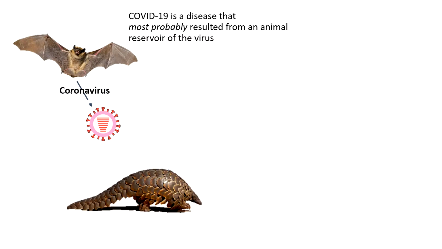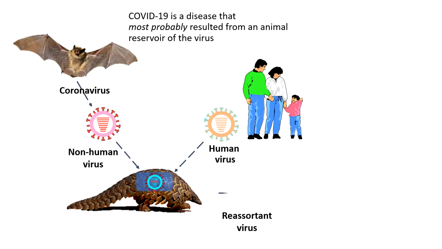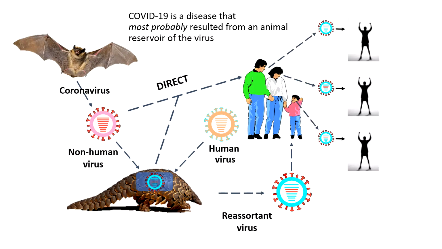Now, this virus can infect another individual, an intermediary host. In this case, it could be the pangolin. For SARS-CoV-1, it was actually civets, which were thought to be the intermediate. You can also have geese during the bird flu, and so on and so forth. Then you have the human viruses, obviously. So all this comes together, unfortunately, and you get a reassortment of the virus. This reassorted virus will then be able to infect humans, or humans can be infected directly from the coronavirus from the bat.